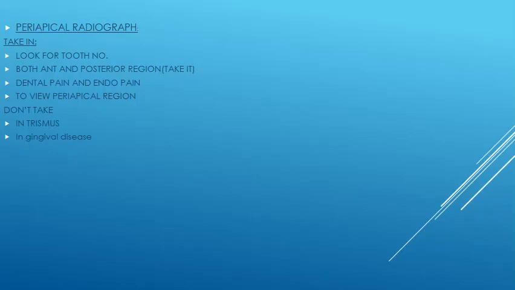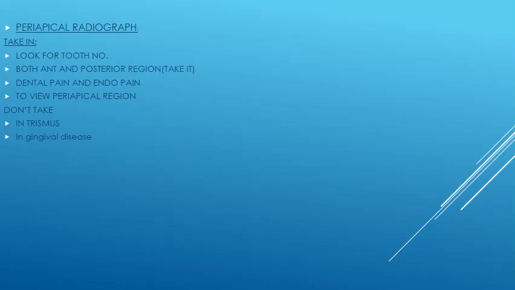And to see the periapical region as well, first basically we have to look for the tooth number, any anterior and any posterior region. You can take a periapical radiograph whenever there is any kind of dental pain and endodontic pain. So what do we see in the periapical region? Let's say any kind of infection, periodontal health, to assess roots before extraction, any pathology like cyst, implant position assessment